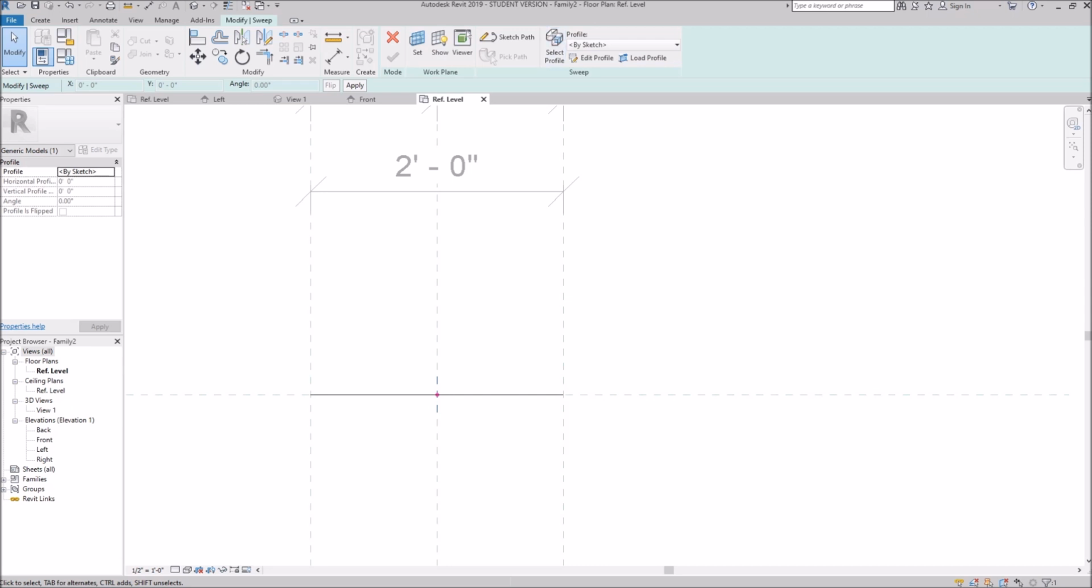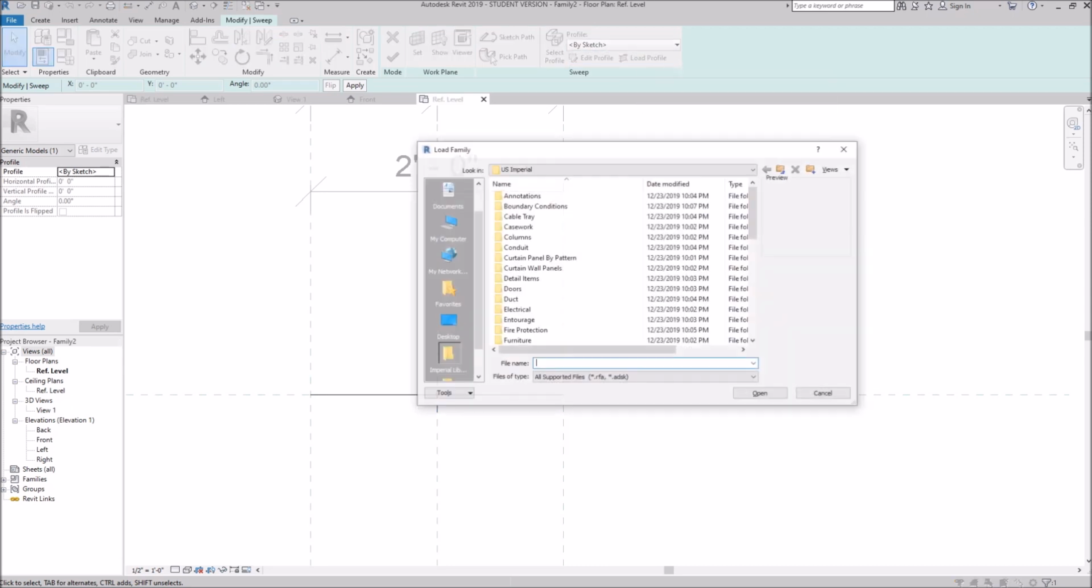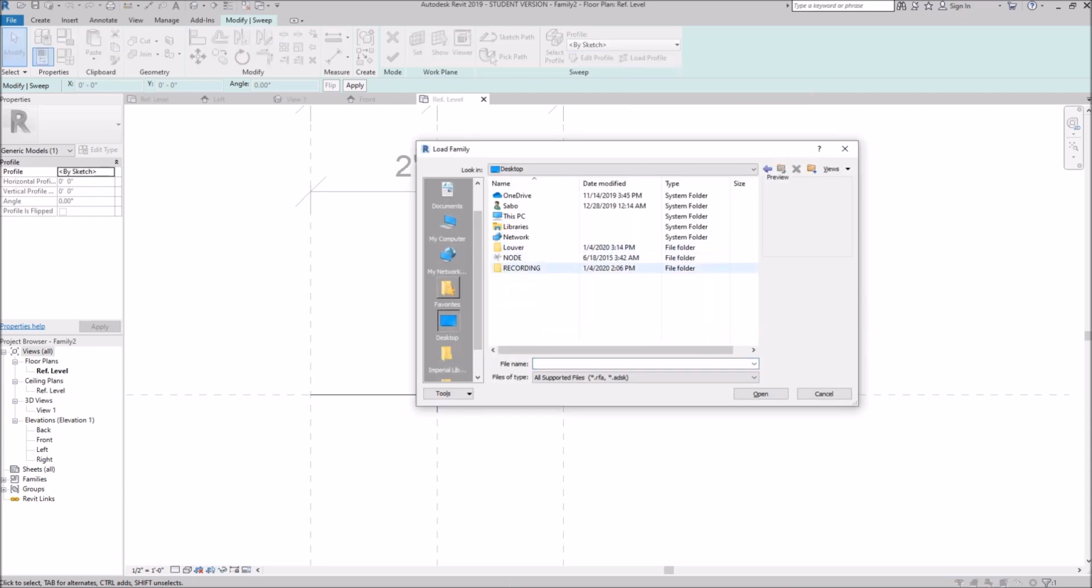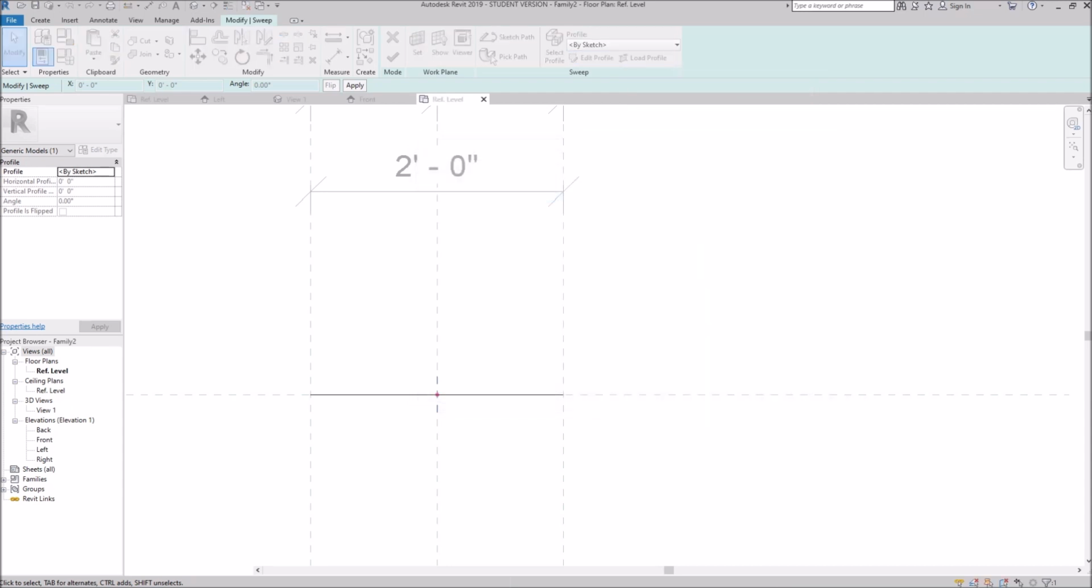And then the sweep is asking for a profile, and we're going to use the profile we just made. So go to Load Profile, Desktop, go to your desktop, the louver folder, louver profile, and go to